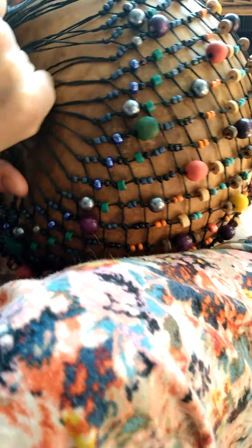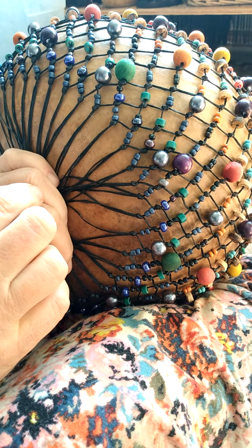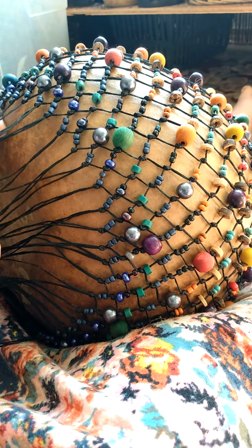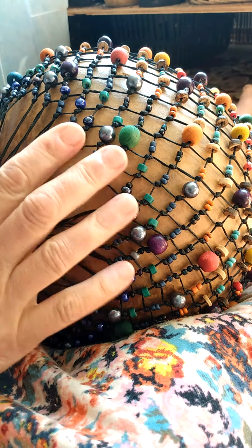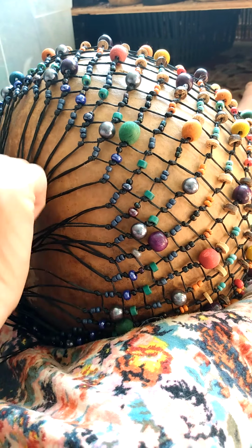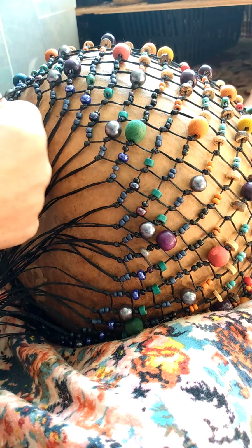Okay, what's happened is I've made the last row of beads on here, and I'm ready to tie the thing off. And I'm gonna explain what I'm doing, and then I'm also gonna talk, all kind of storytell at the same time,